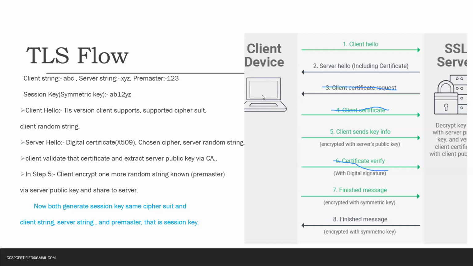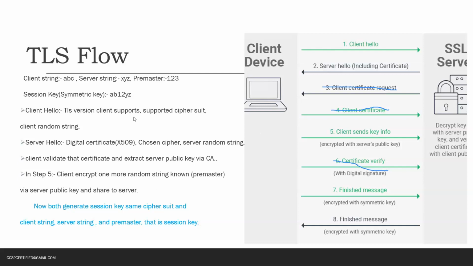एबीसी XYZ 1 2 3 यहाँ पे भी है, एबीसी XYZ 1 2 3 यहाँ पे भी है, पर उसने तो 1 2 3 भेजा नहीं, उसने इंक्रिप्टेड भेजी थी। उसको 1 2 3 कहाँ से मिलेगी? क्योंकि उसके पास उसकी ओन प्राइवेट की है तो डिक्रिप्ट कर लेगा। तो इसको एबीसी 1 2 3, अब यहाँ जो अटैकर है उसके पास एबीसी XYZ थी पर ये की नहीं थी, क्योंकि ये तो सर्वर की प्राइवेट की है। तो उसको 1 2 3 नहीं मिलेगी, उसको एबीसी XYZ मिलेगी। सर्वर और क्लाइंट के पास तीन है। अब